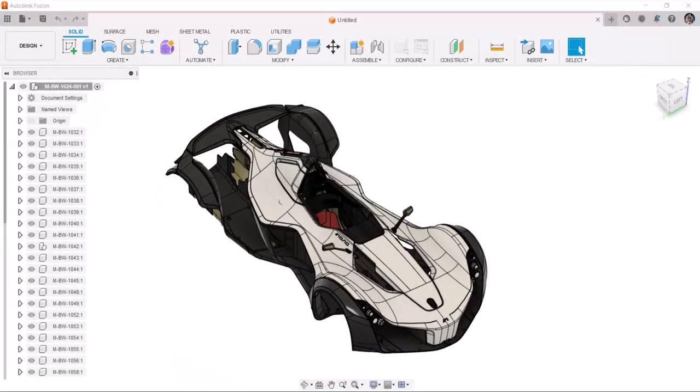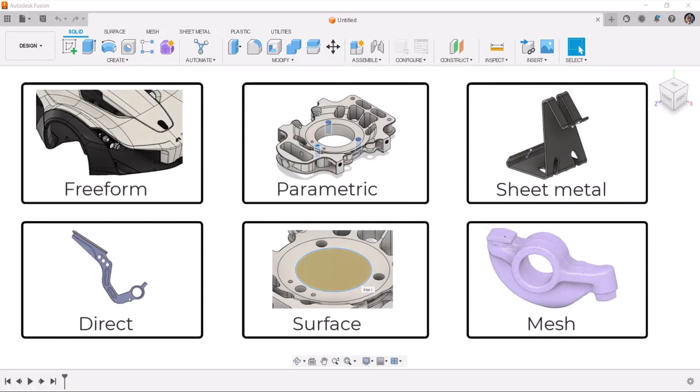Fusion is a cloud-based computer-aided design, manufacture, and engineering tool for collaborative product development. Fusion combines fast and easy organic modeling along with precise solid modeling to help you create manufacturable designs. When it comes to design, you can choose from integrated methods such as free-form, parametric, sheet metal, direct, surface, or